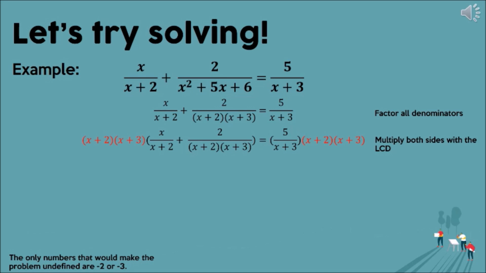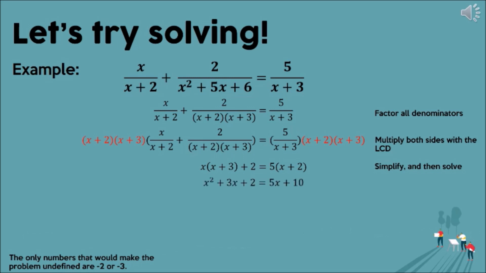Now to the other side, x plus 2 times x plus 3 times 5 over x plus 3. Cancel x plus 3, we are left with 5 times x plus 2. After eliminating the denominators, we now have the equation x times x plus 3 plus 2 is equal to 5 times x plus 2. Simplify this and we will get x squared plus 3x plus 2 is equal to 5x